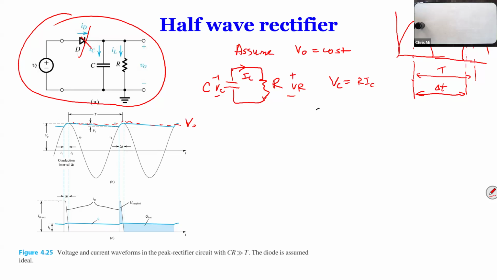So in this case, what is the relation between voltage and current across the capacitor? It's Ic equal to C dVc over dt. So now we can plug the second equation into the first equation. What we got is Vc equal to RC